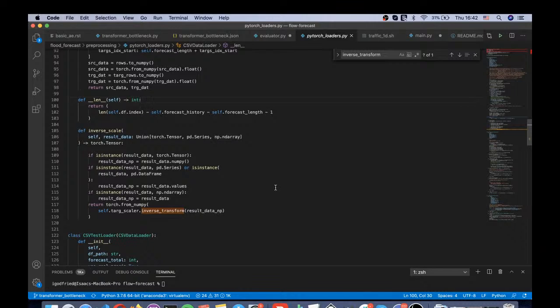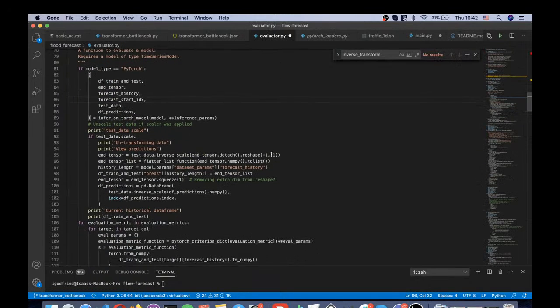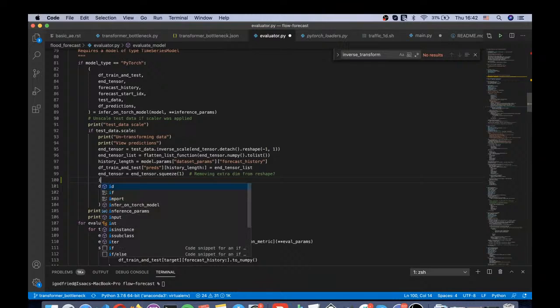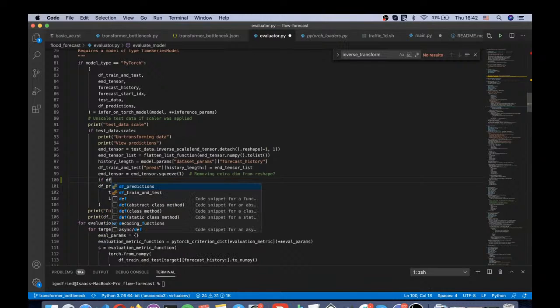There should probably be a check that the data frame actually has columns or something. And then if it has no columns, we just skip, and that should probably be done in Evaluator. So probably before we even do this, like if df